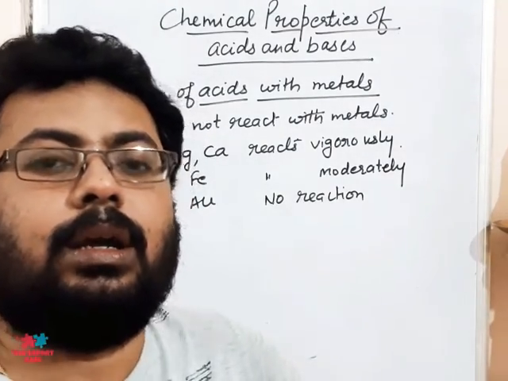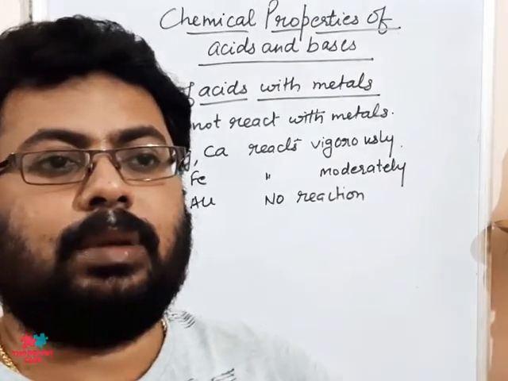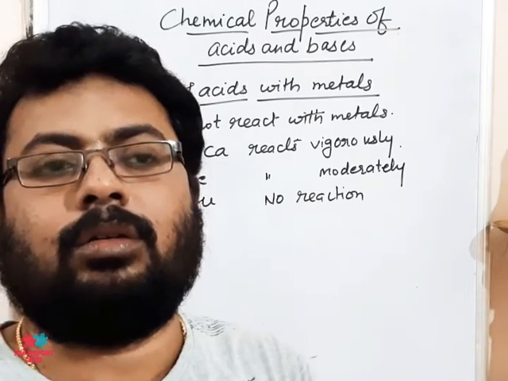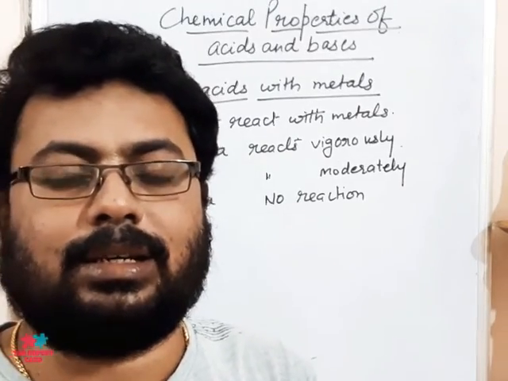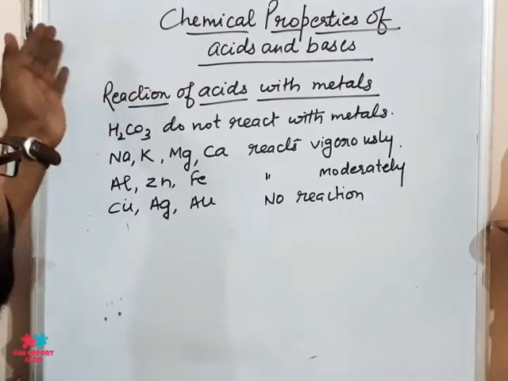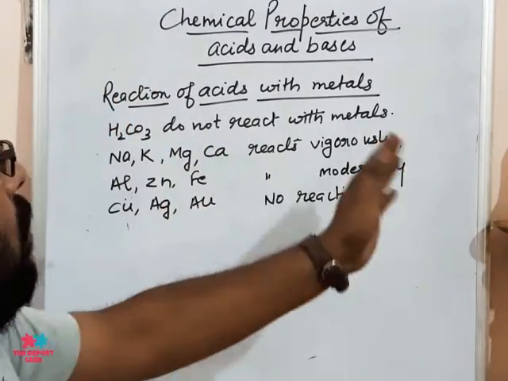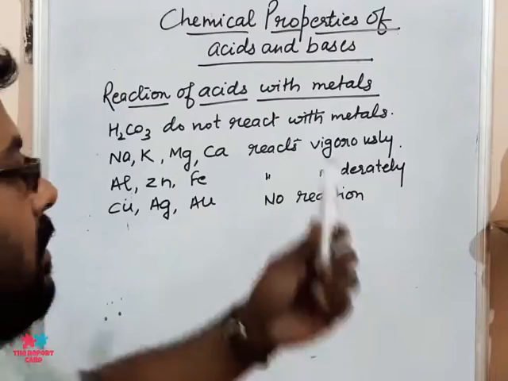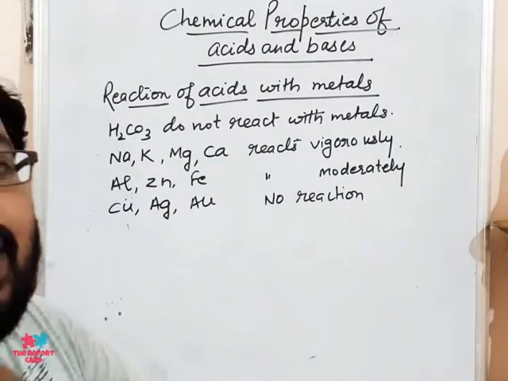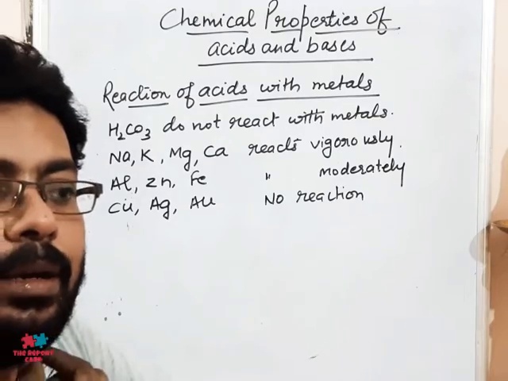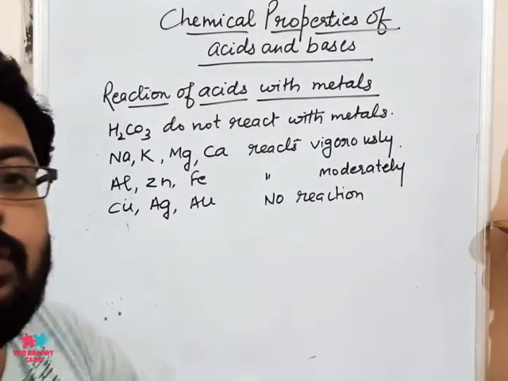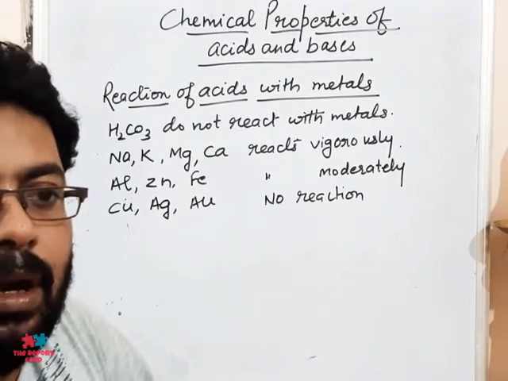Physical property is the basic things which we can see, the state and how it looks like, the taste and smell and all that. But here we are going to talk about the chemical properties, and first let me talk about the reaction of dilute acids with metals. And you can do a very simple experiment, which is given in your book.